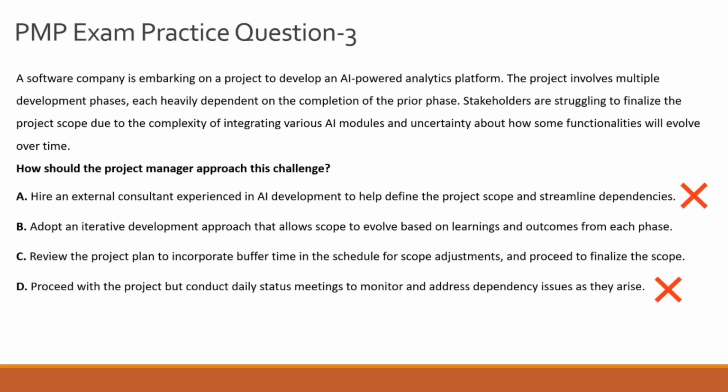So now let's look at option B and option C. First, let's look at option C because that is the incorrect answer choice. Option C proposes reviewing the project plan to add buffer time to the schedule, followed by revising the scope. Adding buffer time might address the scheduling challenges, but it does not solve the core issue of the unclear scope,